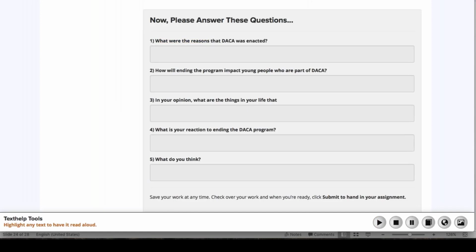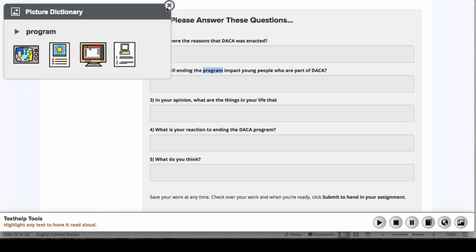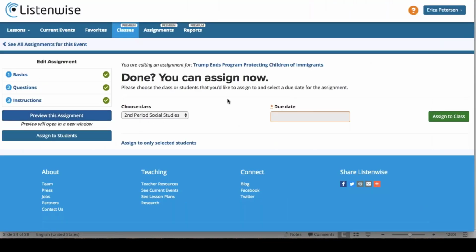And you'll see that the words were read out loud. And then you can highlight any word and get a dictionary definition, a Spanish translation, or a picture dictionary. So once you review and everything looks good, you can go back to that first tab,